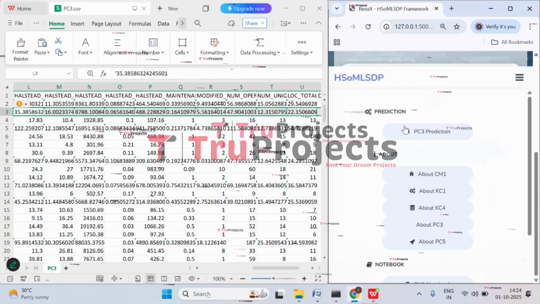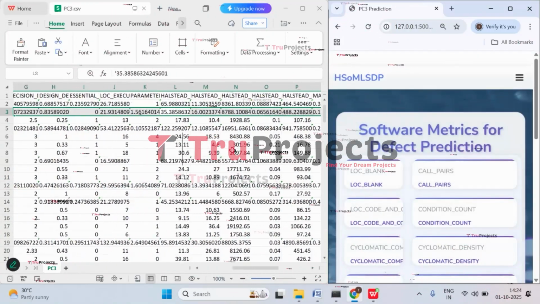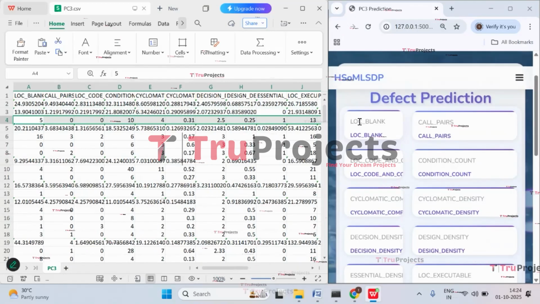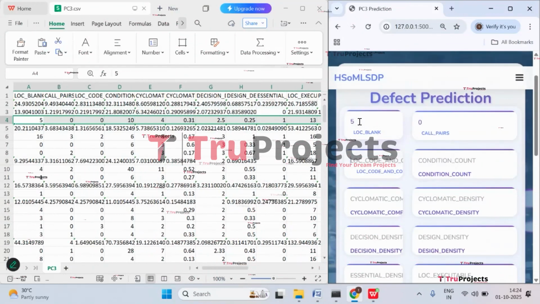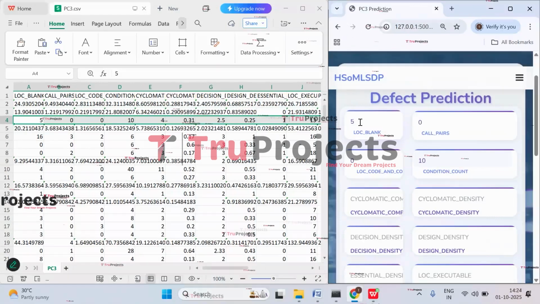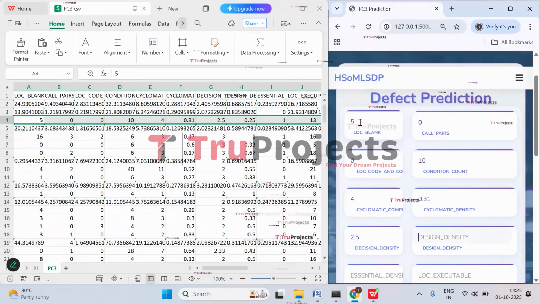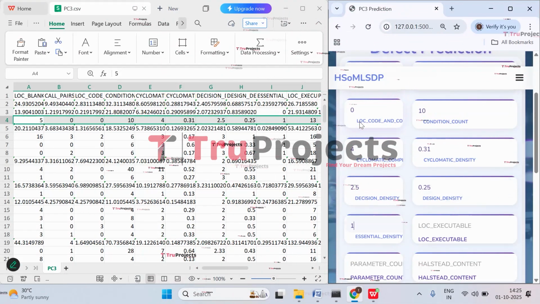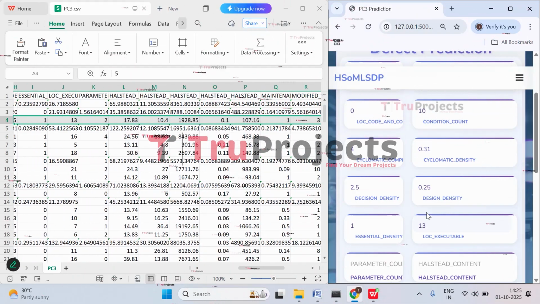Now let's check with the other one. Click on PC3. So now let's check with this third case. So let's start entering the values. So line of code is 5. Call pairs are 0. This one is also 0, 10, 4, 0, 0.31, 2.5, 0, 0.25, 1, 13, and 2,